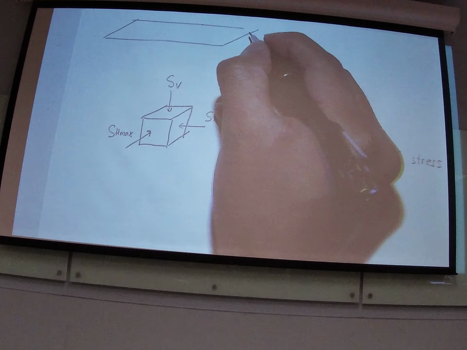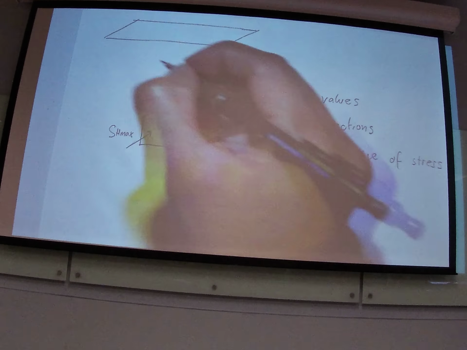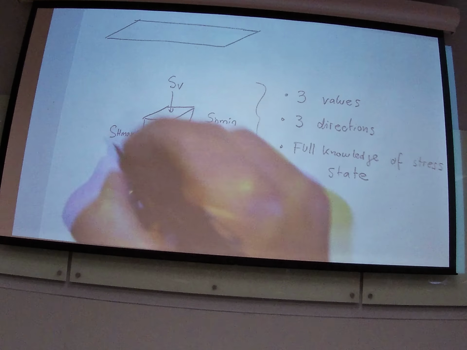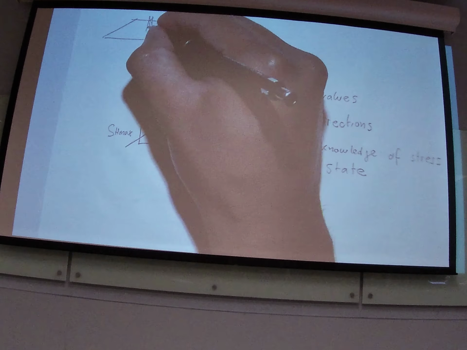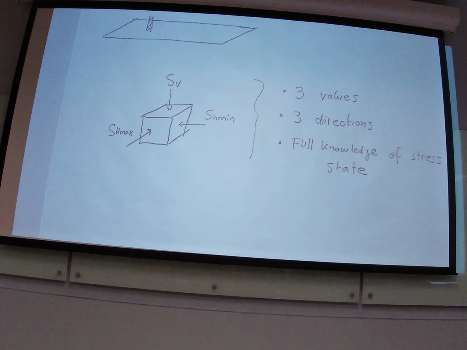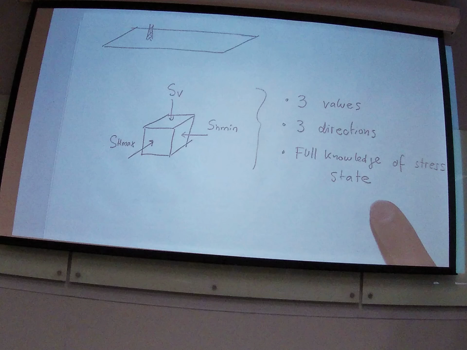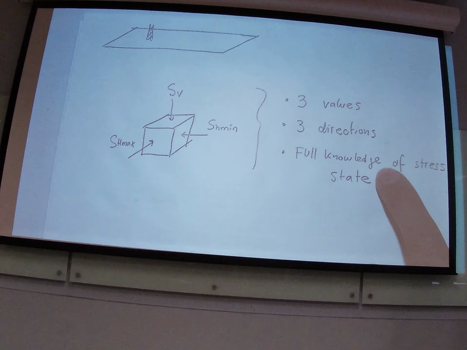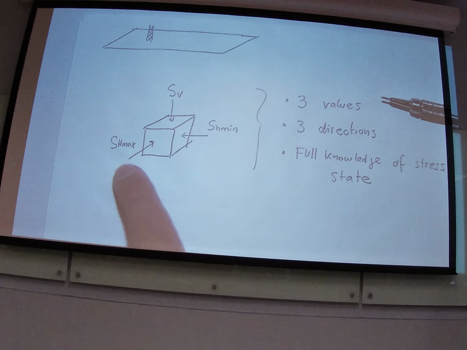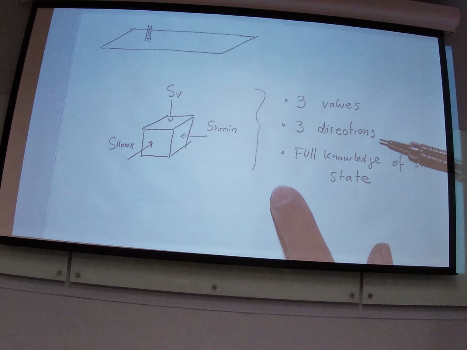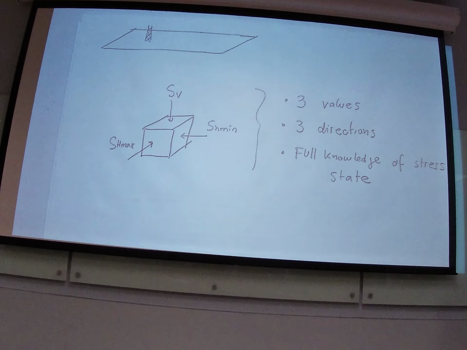Notice that, for example, with pressure, you require only 1 value as a function of pressure at the given location. With 1 value, you're good. You know what pressure is, that's it. With stress, you need 6 values or 6 unknowns in order to fully characterize stress. You need 3 values for stresses, the actual magnitudes of stress, and you need to know also the direction. Sometimes the vertical direction is the most obvious one. We're going to see later that